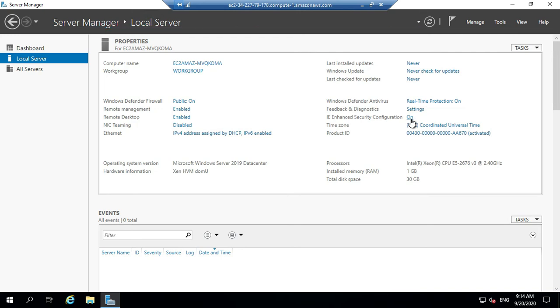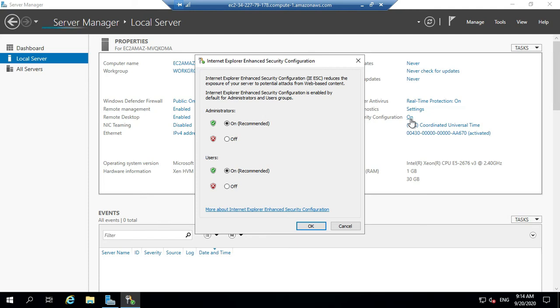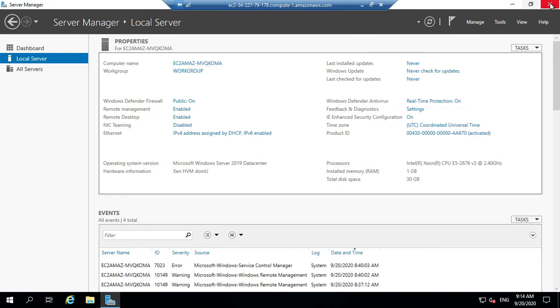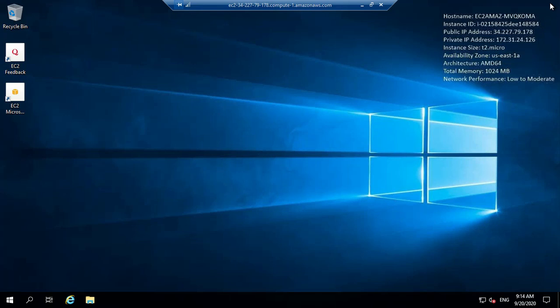So you just go here. It will ask you what kind of things you are looking for. So you can say I want to turn this property off for the administrator. That means the administrator is allowed to download and install on this machine, but others are not allowed. So just click on OK. We have changed this property, and now we can see its effect, whether we are able to install it or not,